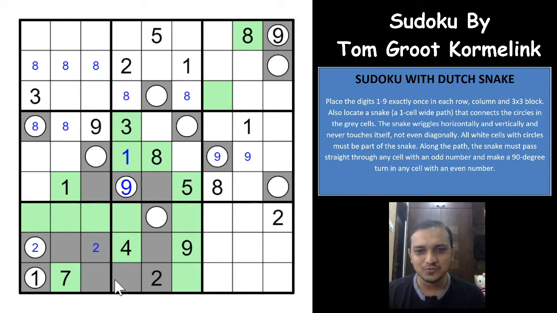We have just found half of the snake path here, and the snake has to go this way somewhere and has to come this way, right? So let us see if we are able to crack that. So this would have to be a non-snake cell, and which means that this would have to be a snake cell, right?